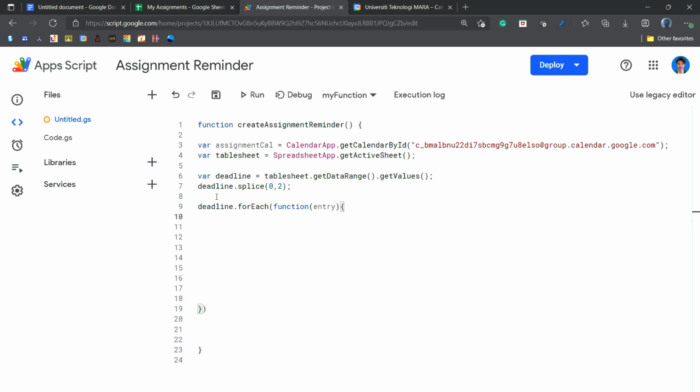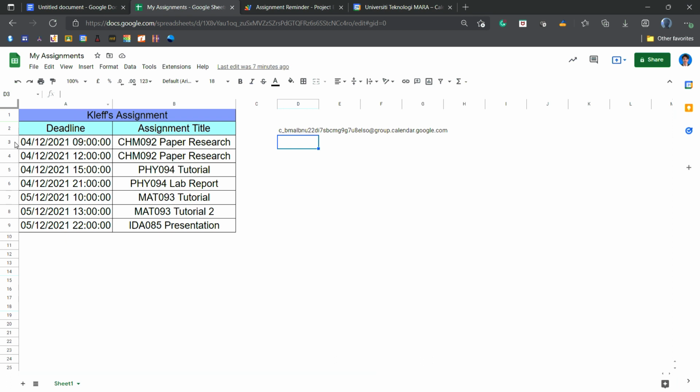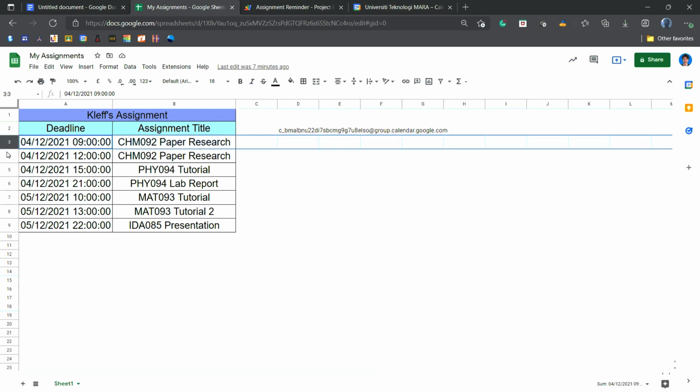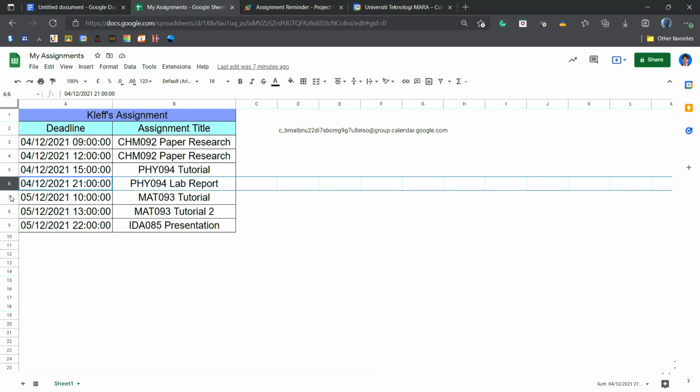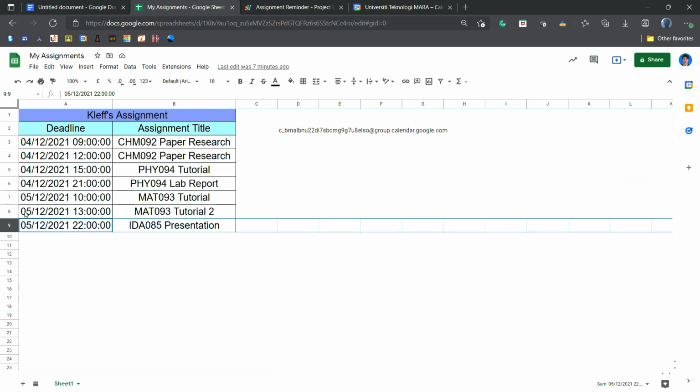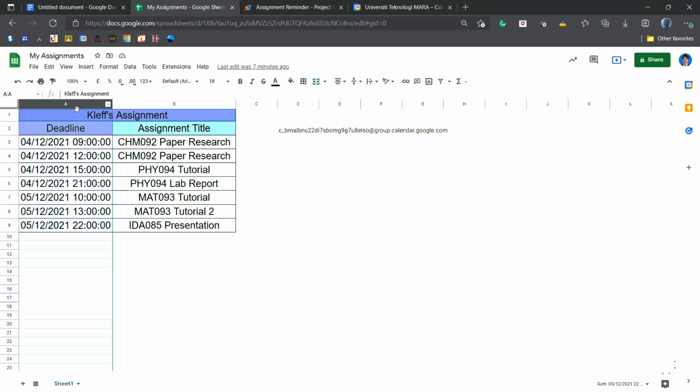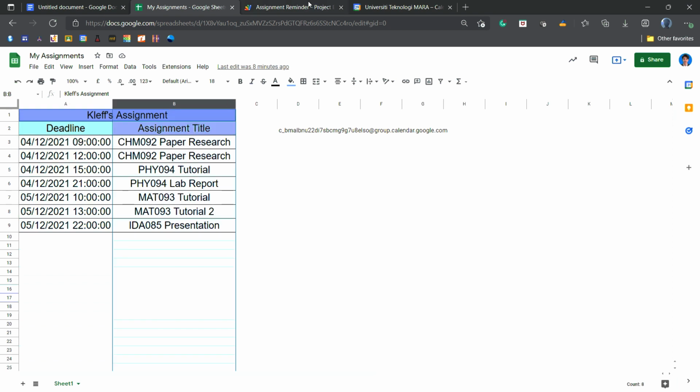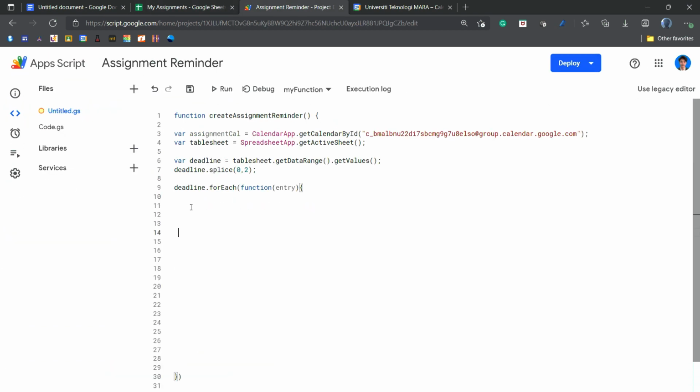And what is entry? Well, entries are this: entry 0, entry 1, entry 2, entry 3, 4, 5, 6, and also entry 0, entry 1. By using the assignment calendar that we have specified,